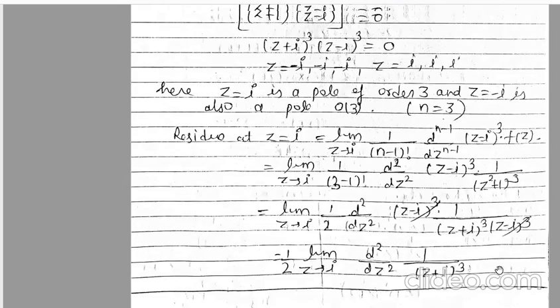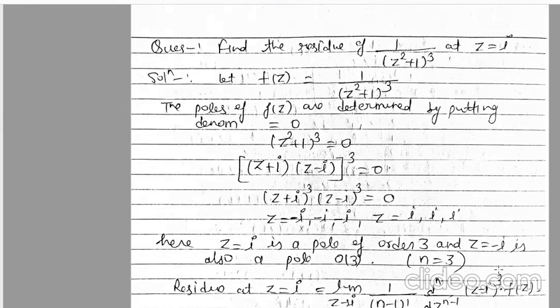Just 12 by 2, this will be your 6, (2I) to the power minus 5, so you can write 1 upon (2I) to the power 5, and 2 to the power 5, I to the power 5, and I to the power 5 you can write I square into I, and I square value is minus 1, so that will be your positive sign, and you will get 3 upon 16 I as your final answer. So you can also calculate your residue at z is equal to minus I, because there is